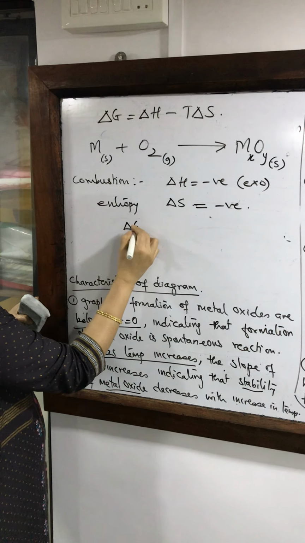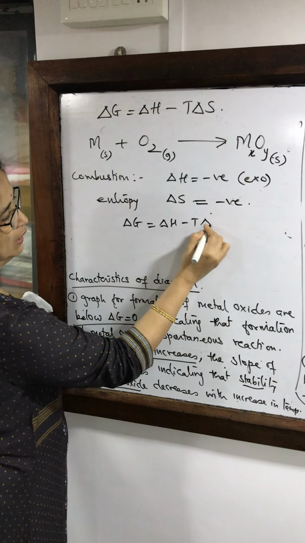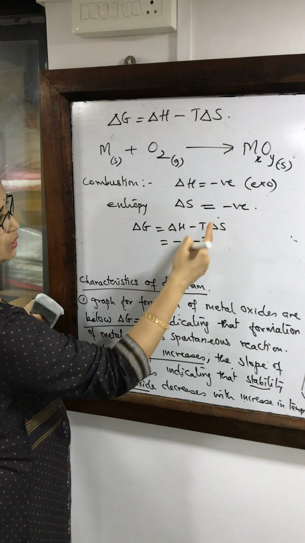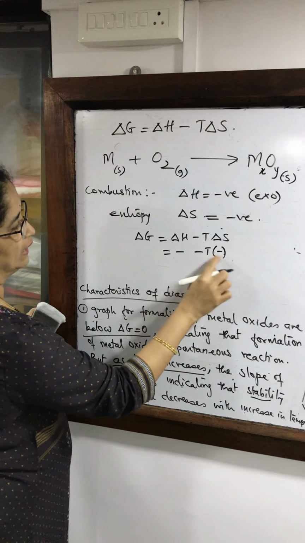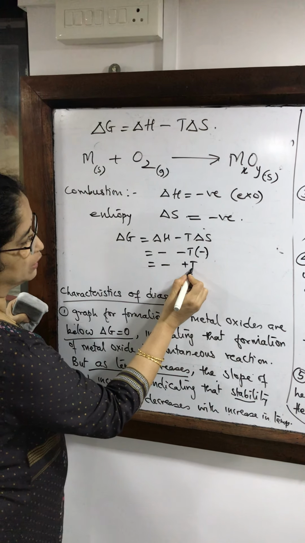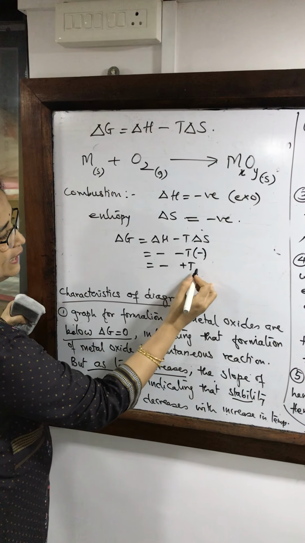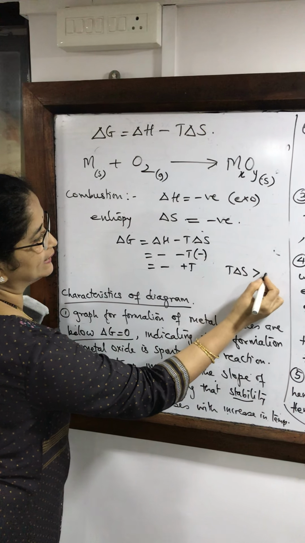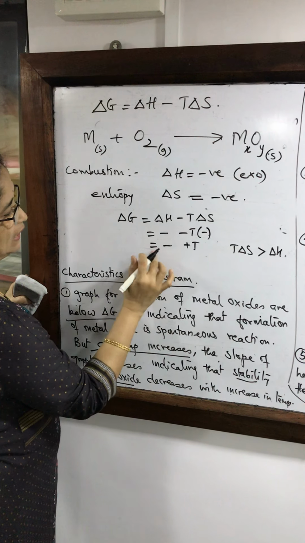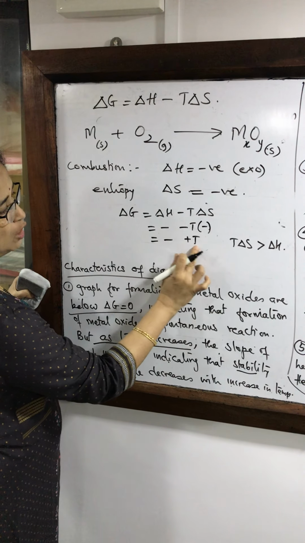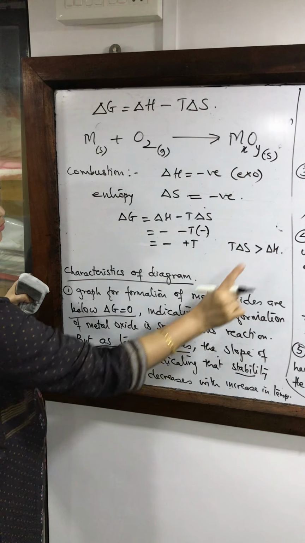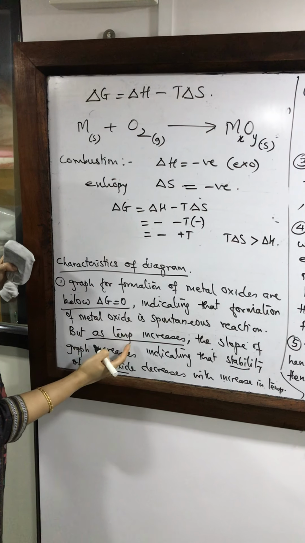So if you substitute this in the Gibbs-Helmholtz equation, then delta H value will be negative, T value is temperature, delta S is also negative, negative into negative will be positive. So as temperature increases, what will happen is this T delta S value will exceed delta H value, or the value of delta G will become less negative because this is a positive term. Hence what will happen is the graph will go in the upward direction,